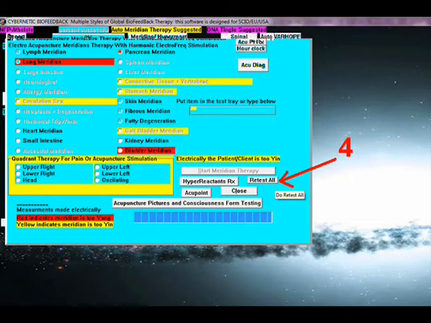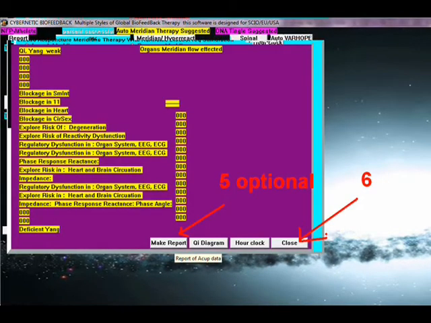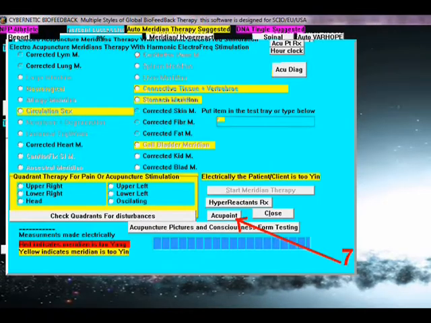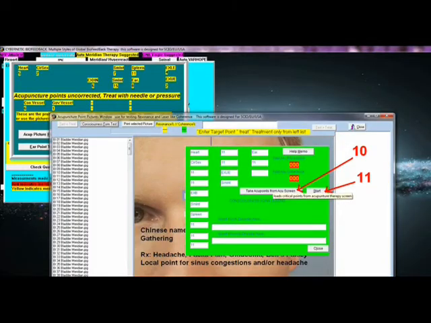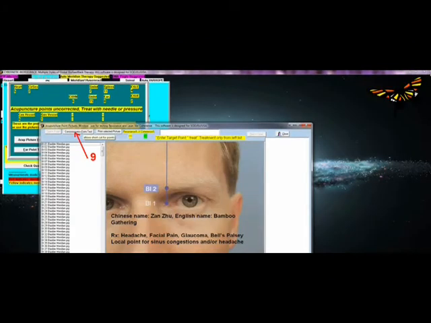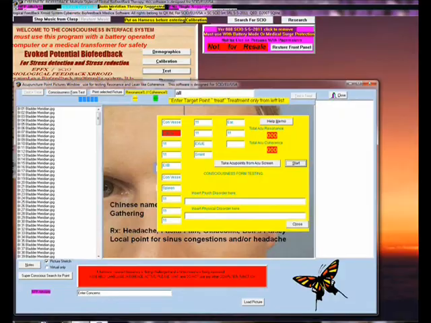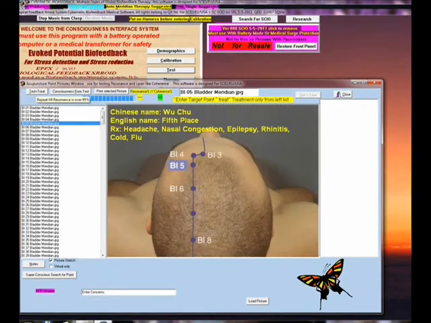After that test is done, takes a couple minutes, then we do the retest all, which will go through all the different points, providing a complete acupuncture diagnosis. An acupuncture diagnosis, now we can go to the acupoint. This takes us to a program to see all of the different points that are unfinished. All the points that are unfinished, we can now go to this screen, load them up, and do the therapies or do them individually. As we do this, we're going to be able to now address all of the different acupuncture points of the body and be able to help to balance them.